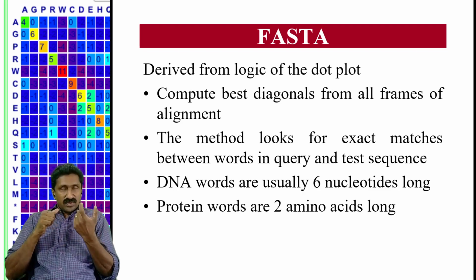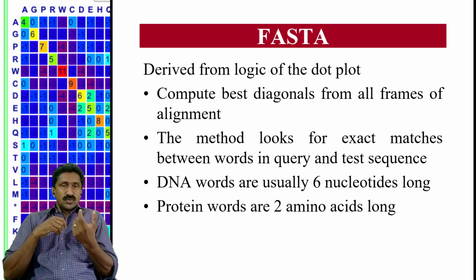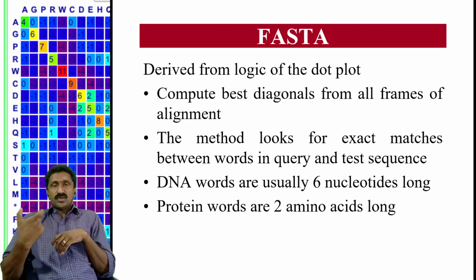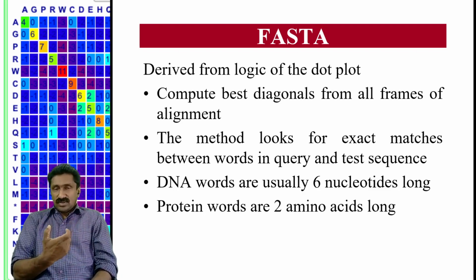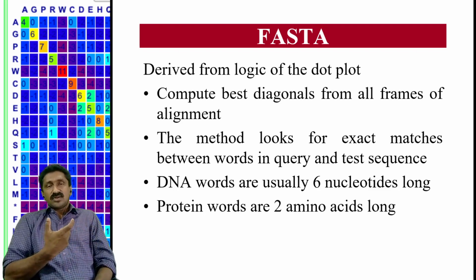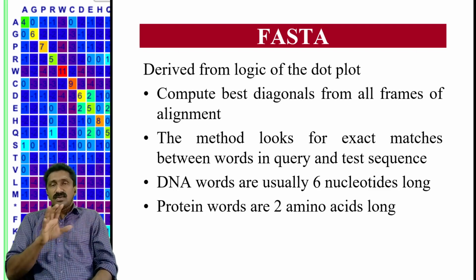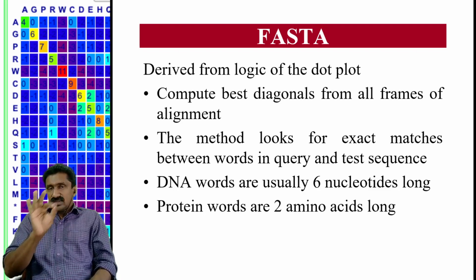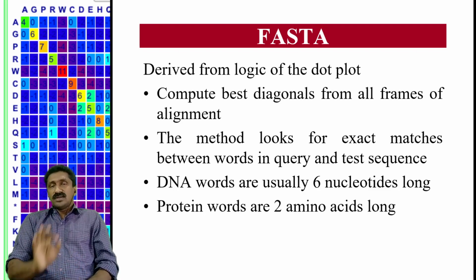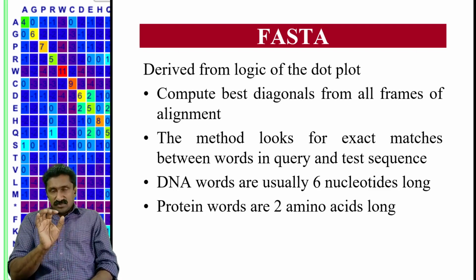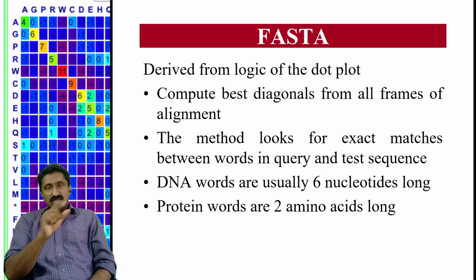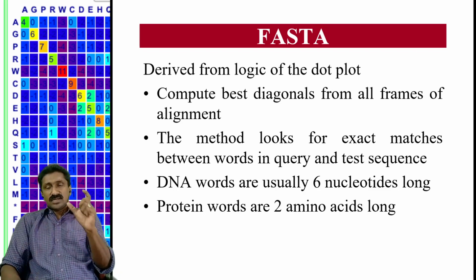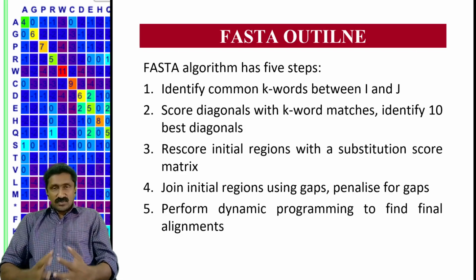So if you have a query length of 2, for example, for protein, or 6 for nucleotide, it will look for the exact match. Any change in the letter, or flexibility in the letter or a similar word, will not be adjusted. So it will look for the exact match of the word: for amino acids it is 2, for nucleotides it is 6. The exact match for that 6-letter word is required while performing this.